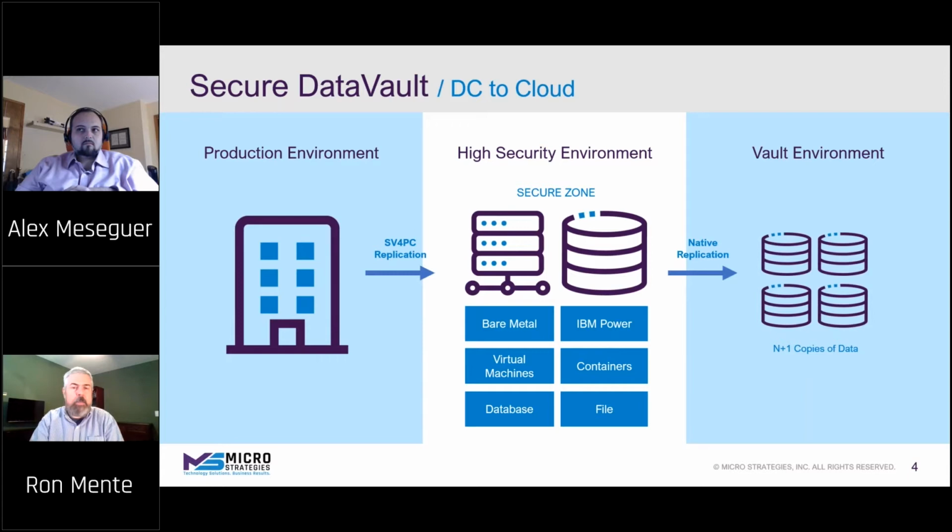Do the replication, scan it, and then again, vault it in a separate path. Again, using whatever things that you have: bare metal, power, which some of the cloud providers provide, but obviously everyone provides virtual machines, containerization, file access, S3 buckets, databases that are native, etc. So all that data does get vaulted in the same way, and very much like on-prem,